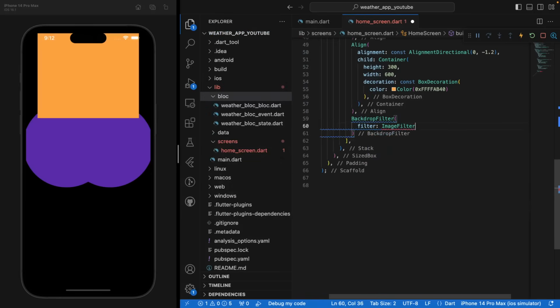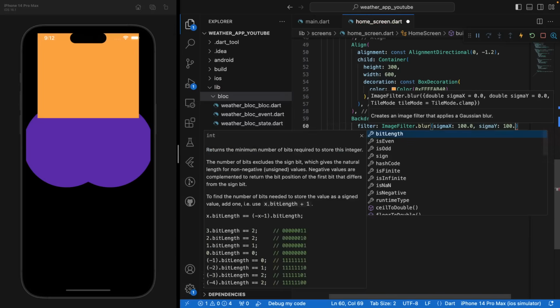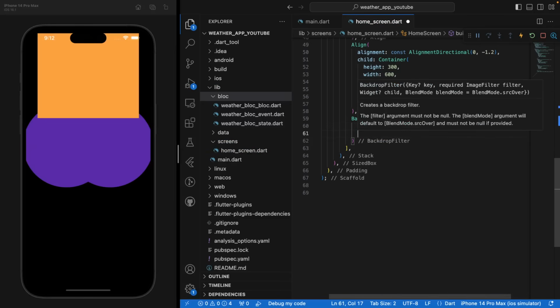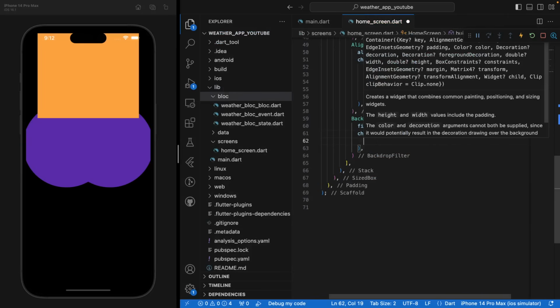So you want to access the image filter dot blur, and here you can say sigma x, and for instance, I'm gonna say 100, and sigma y, I'm gonna say 100 as well. Okay, and if I save that, nothing's happening. Well, wait for it. Then you want to access the child parameter of this backdrop filter, do a container, and this container